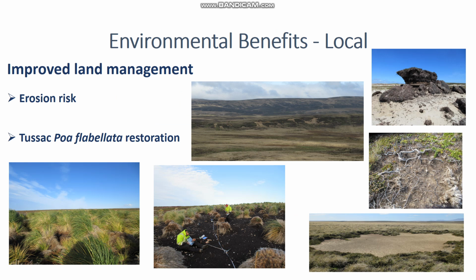So the benefits of this project are sort of on two scales. One is local and the other one is the global impact of the project. So we'll focus on the local impact that we hope to have first, and that just focuses on improving land management around here. So I mentioned that we hope to have a map for erosion risk at the end of the project, and the idea is that we can then sit down with the landowners and let them know in which area they might have a certain topography with certain soil types, certain vegetation, certain rainfall,